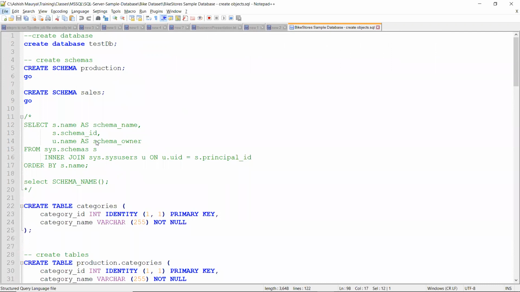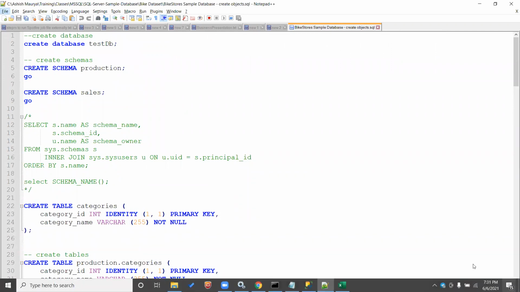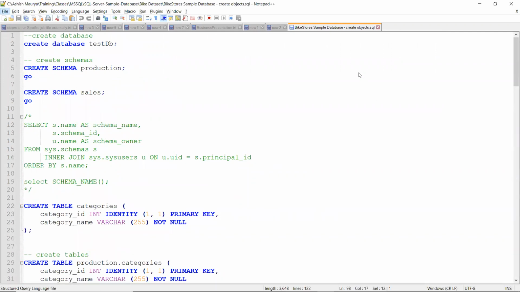I hope everybody is clear with how we create tables. Everybody's clear with database, creation of database, creation of schemas, why these are required, why we have tables, and how we create columns inside a particular table. We also saw the different important parameters that can be passed initially to create tables, apart from the data type.